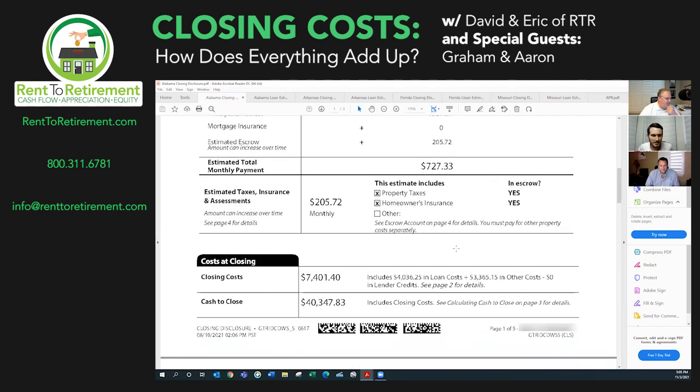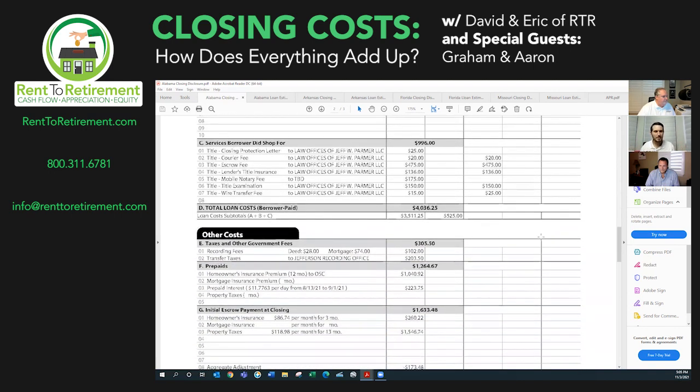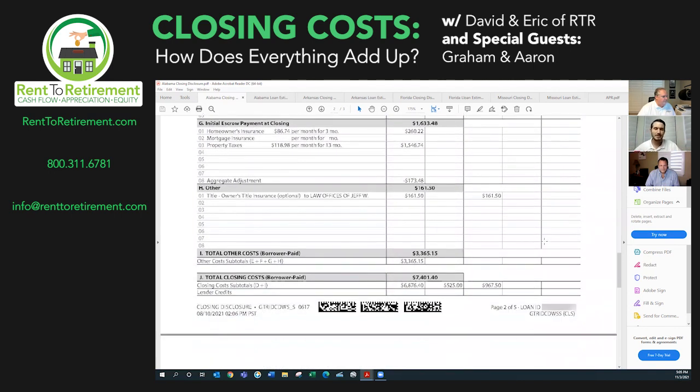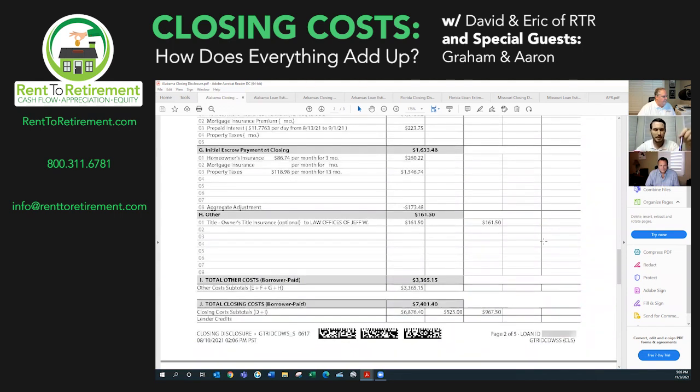Go ahead, Graham, down to the second page there. If we look here, the great thing that I love about the closing disclosure is now we finally get a full breakdown of buyer and seller paid items. The only area we really would have seen anything seller paid on the loan estimate would be in that bottom right-hand corner on that second page, where it would show any types of deposits or credits, and they'd all be lumped in, and we really wouldn't have any clarity on this.